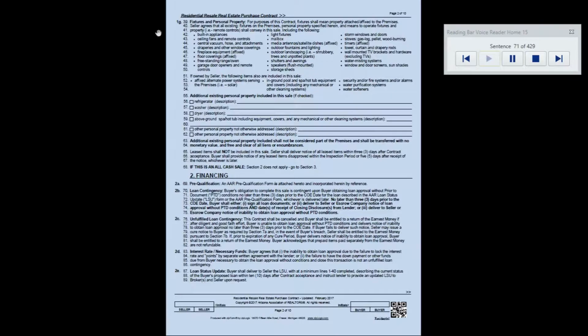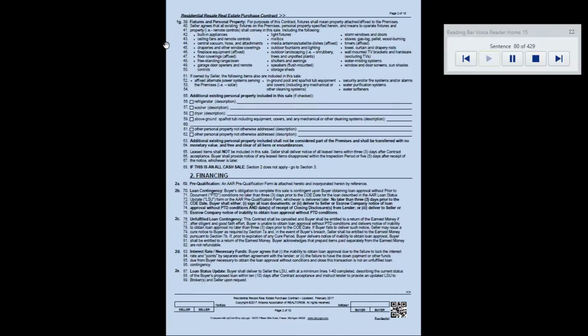1G. Fixtures and Personal Property. For purposes of this contract, fixtures shall mean property attached or affixed to the premises. Seller agrees that all existing fixtures on the premises, personal property specified herein, and means to operate fixtures and property, that is, remote controls, shall convey in this sale, including the following: built-in appliances, ceiling fans and remote controls, central vacuum, hose, and attachments, draperies and other window coverings, fireplace equipment, affixed floor coverings, affixed freestanding range oven, garage door